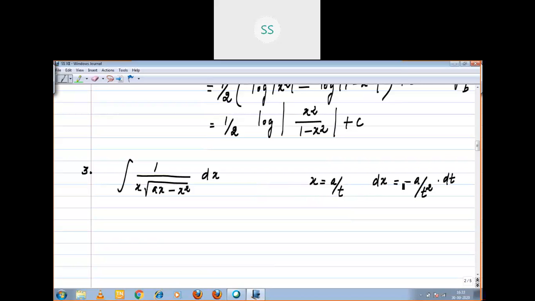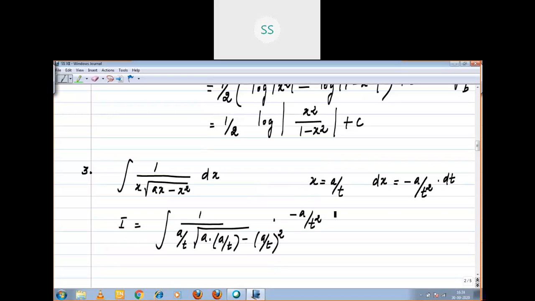tx equal to a. Then t into dx. You are going to differentiate with respect to t on both the sides. dx by dt equal to, if you are differentiating t, you should raise to the power, you should take to the numerator, that is t power minus 1. T power minus 1 you are going to differentiate means minus 1 into t power minus 1 minus 1. So minus 2. That you shift to the denominator. You arrive at minus a by t square into dt.